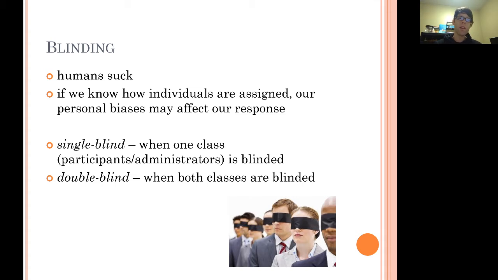Now, in general, when you're working on an experiment that involves humans, you have to remember that humans suck. And I say humans suck because as soon as they know information, whether or not they mean to, that affects the way that they treat the experiment or the thought process they might have within that experiment. So everyone, as much as we don't want to admit it, comes with our own set of prejudices and our own set of biases. So if I know how I'm being assigned to a group,